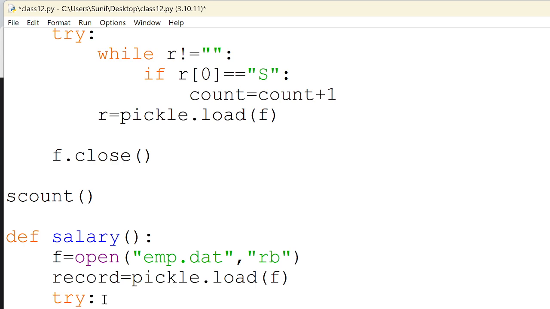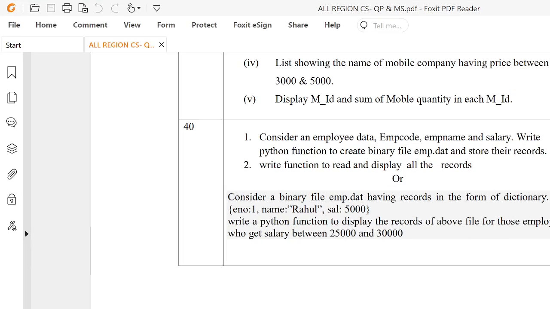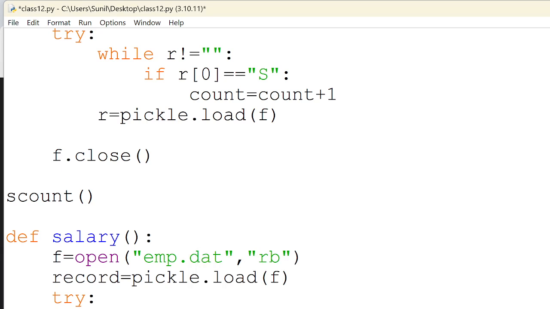Now record is not a list, it is a dictionary. So I need to write if record in bracket, what is the key? Key is this one, you see, ENO, name, SAL. So here what will come? SAL. If it is greater than 25,000, and